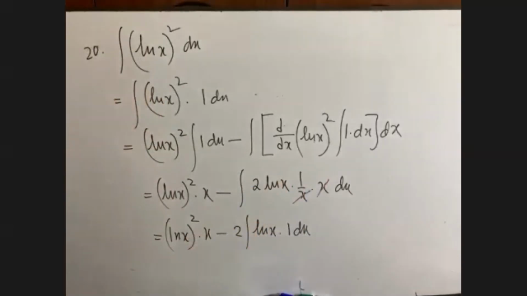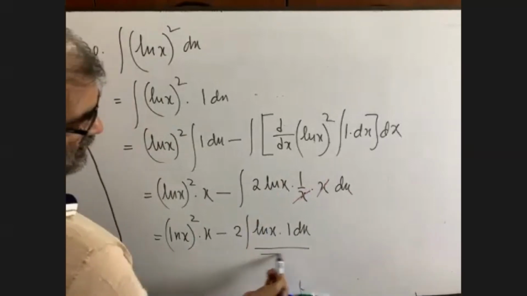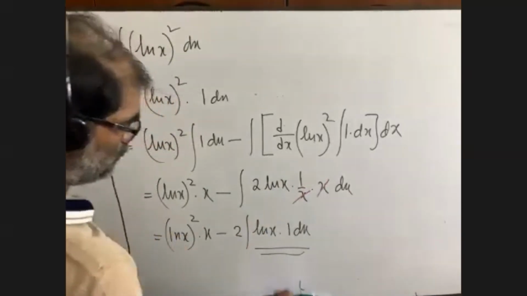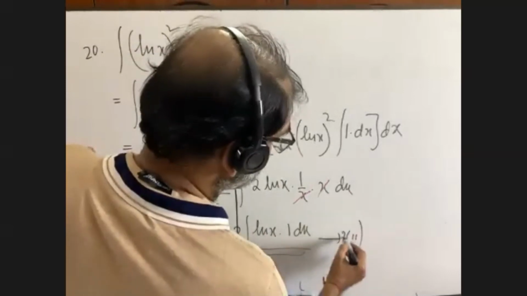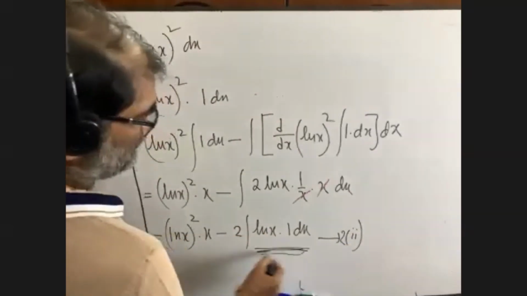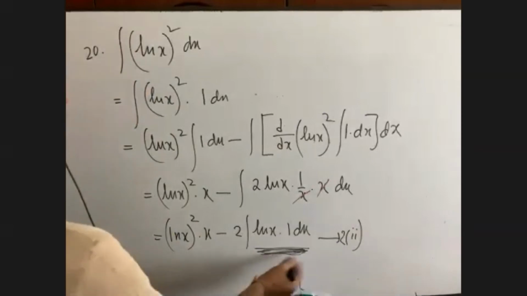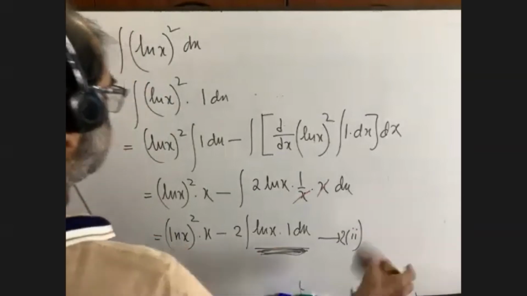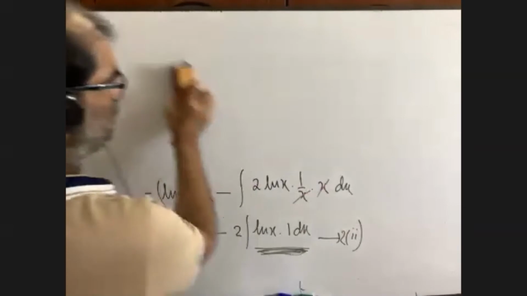Are you getting me? Now we are getting integration again, and I did this math in question number 2-2. In 2-2 I did this part, this part is done. You can see the answer there, so I am not going to do it. You just put the value from 2-2 here, multiplied by 2.